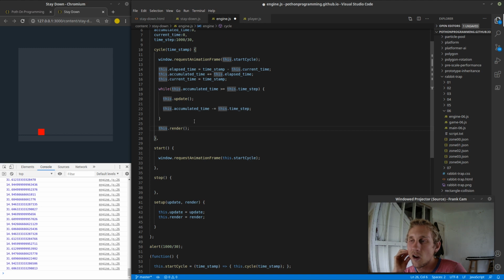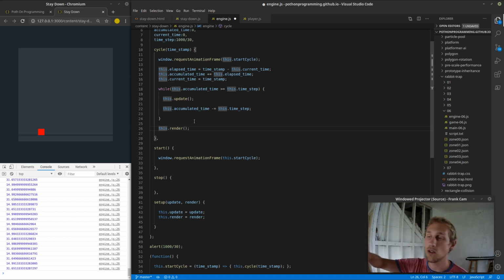So let's say our computer is super fast, right? We don't want to update. We don't want to draw without updating. This isn't normally going to be the case, because normally the computer is going to be slower than your cycle rate, than your cycle speed or your time step. But imagine that you have a really, really fast computer, maybe you do, and